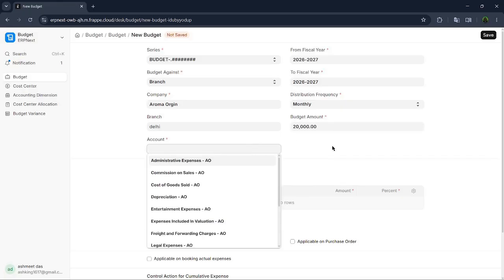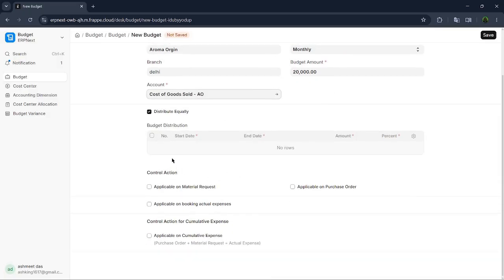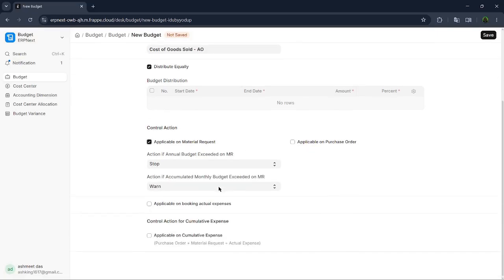From which and how is this applied, I select on the cost of goods essentially. So this is the budgetary restriction applied. Now we see what happens if they cross, or what the system tells. This is basically the control action. So if I click on it, like purchase order,